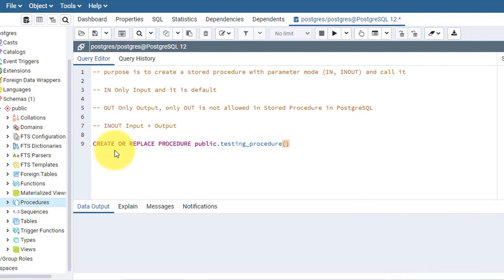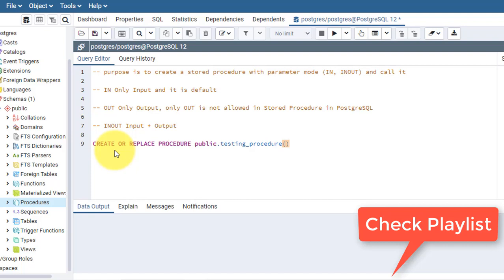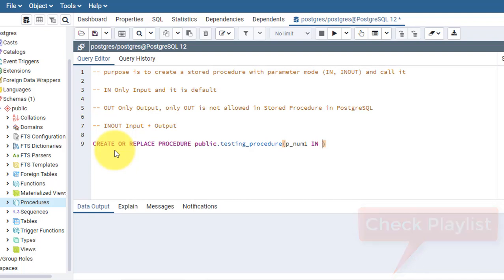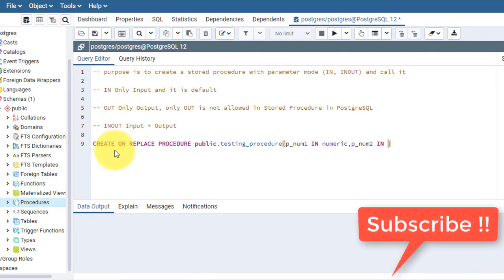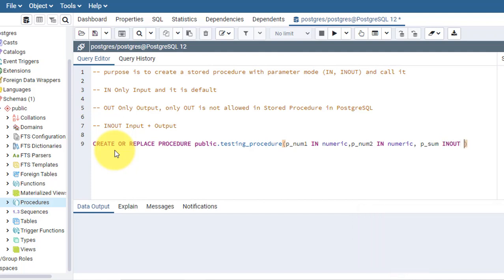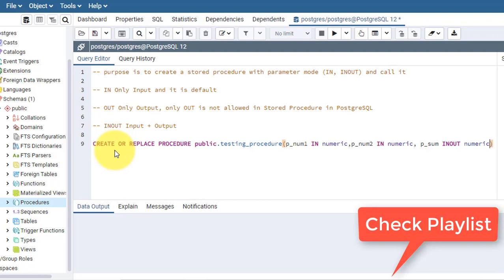What I am trying to do is give three parameters, and the first two parameters will hold the numbers, like p_num1, this parameter is of input type, and p_num2, this is also of input type. And the third one, p_sum, will be inout, because when I give only out it won't work. So I have to mention inout.